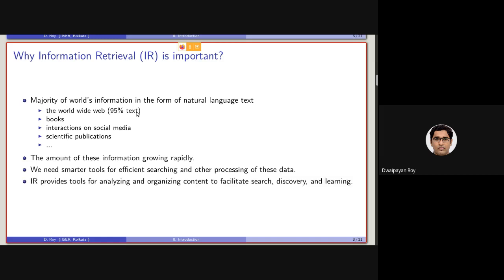Information retrieval is a field of study which provides the basic background to make a tool to do all these things, like searching, or discovering some facts or information out of this huge chunk of data.